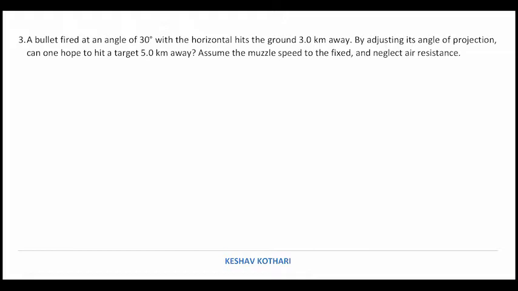So for this particular problem, the first case is saying that the range R at an angle theta is written as u square sine 2 theta by g. If we use the working formula for the range, in the first case the range is given to us as 3 km, which I am writing in meters. u square is not known. Sine of 2 theta, that is 60 degrees, because this is 30, so 2 theta will become 60, upon g. Now the maximum range which we can obtain using this same setup is equal to u square by g, that is at a 45 degree angle of projection.